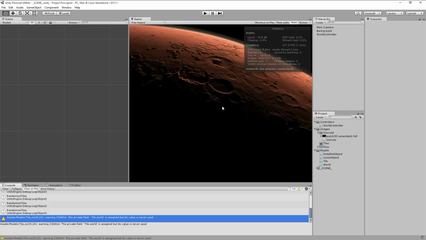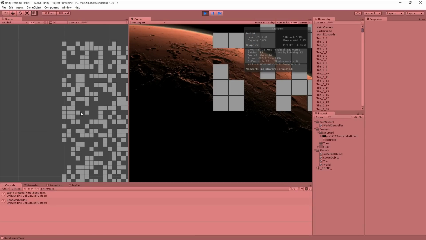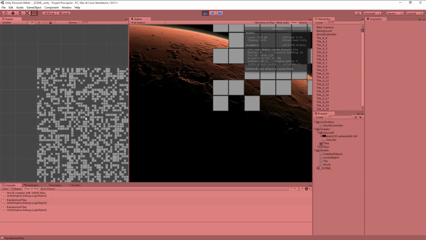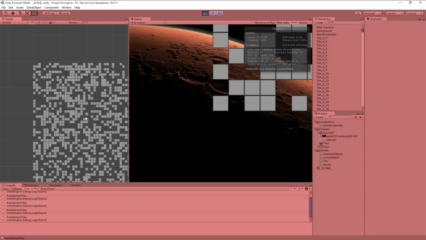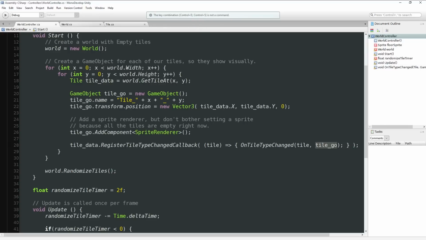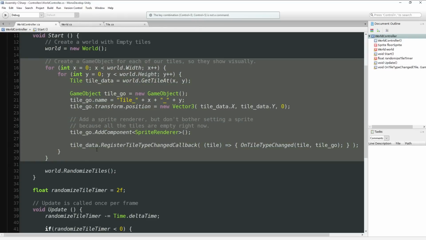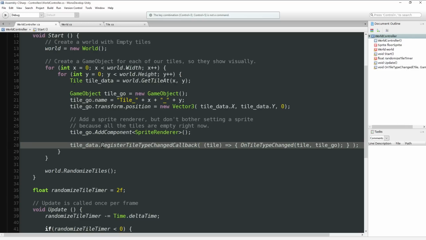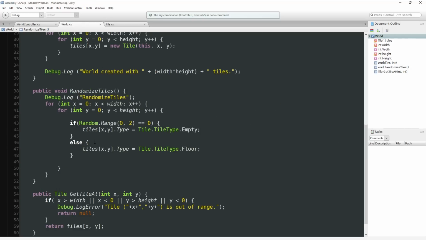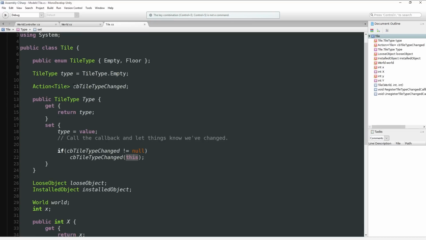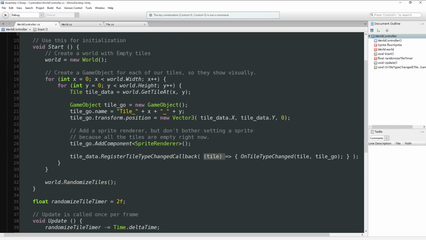But this will work. How do we know? Let's freaking run it. Okay, no syntax errors. That's good. So let's hit play. Oh, we got tiles. Wait 2 seconds. Tiles randomized. Wait 2 seconds. Every 2 seconds, the tiles randomize. So here's what's happening. We create an empty world. Then we create a bunch of game objects for every tile. And we create this little link, this callback. And then we randomize the tiles. Randomize tiles, all it does is it takes the tile.type and sets it to something. When a tile's type gets set, it runs a function here, which sends us back over to this anonymous function,